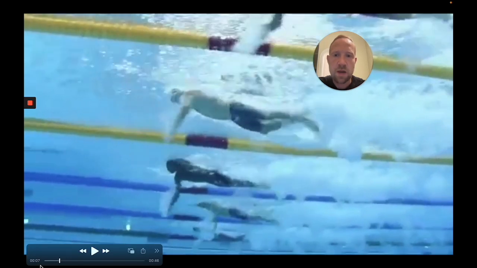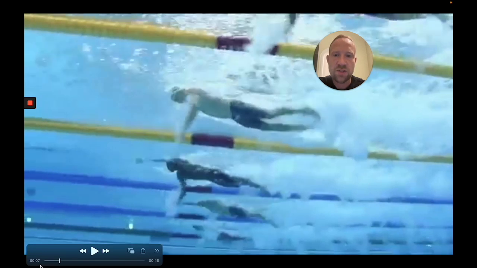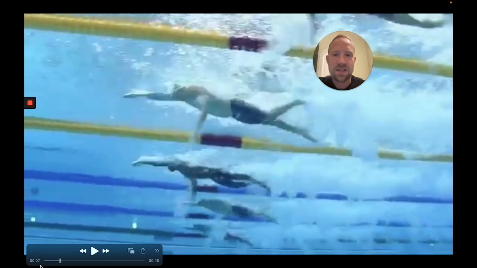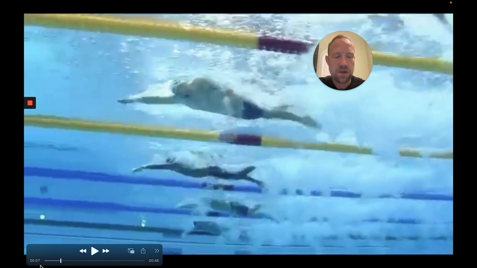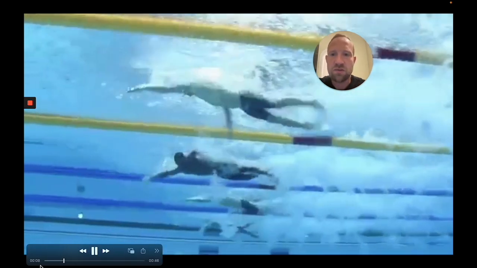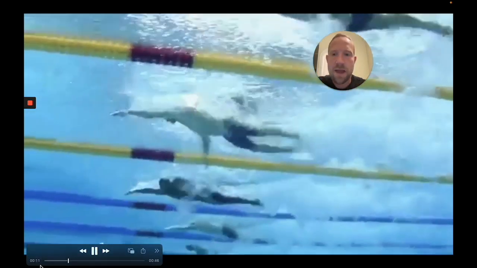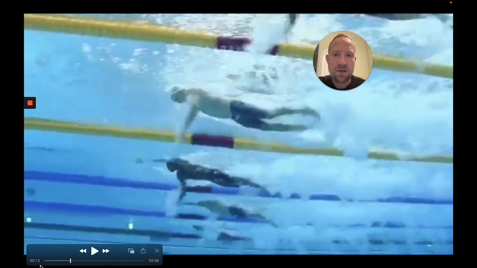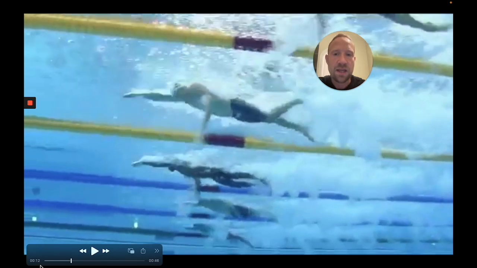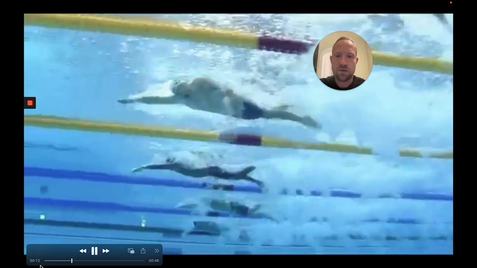the relationship with the upper arm and the forearm changes, but the forearm and the hand continue to move backwards, directly backwards, all the way until right about there. And so what's happening with each stroke is athletes are orienting the arm backwards, and then they're moving that position backwards for as long as they can. And they're changing the configuration of the elbow and the hand and the upper arm so that they can continue to do so. If we watch the other athlete beneath him,